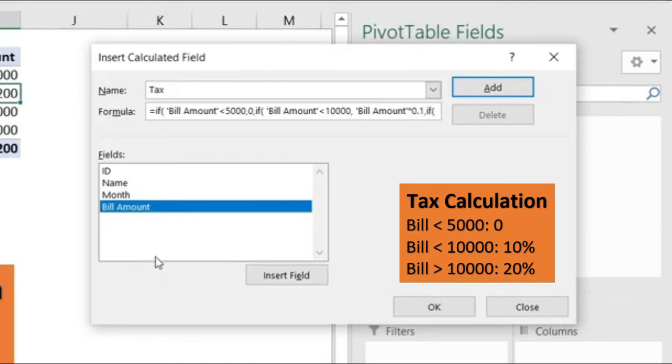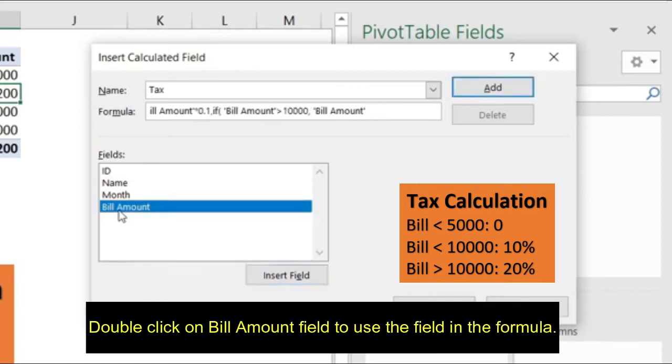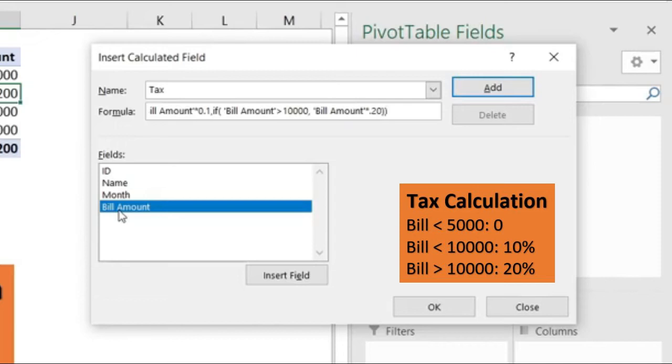And as per the third condition, if bill amount is greater than 10,000, the tax value will be 20% of bill amount. Close all the three IF statements.